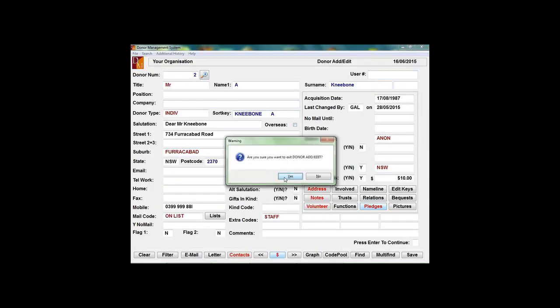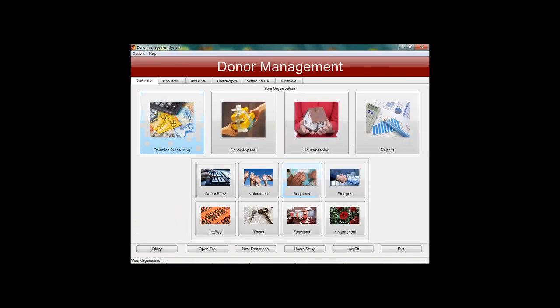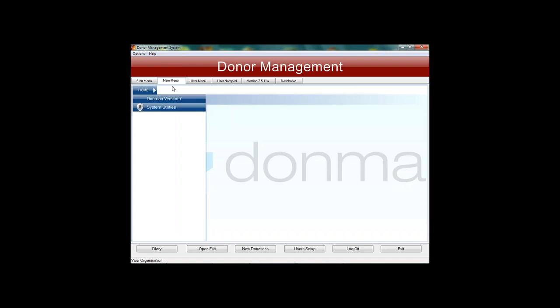So when I get to this time of year, we now want to do the receipts for those people. So it's a little bit different than the standard receipt. If I need to do the end of year receipt program, I need to go through the main menu,